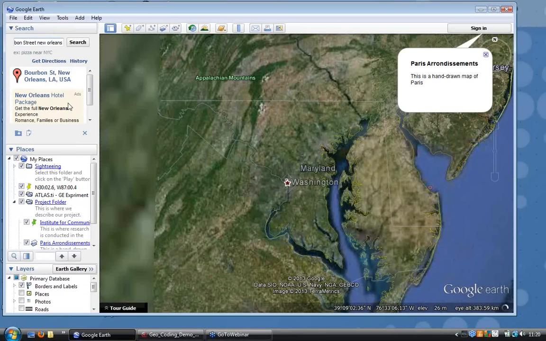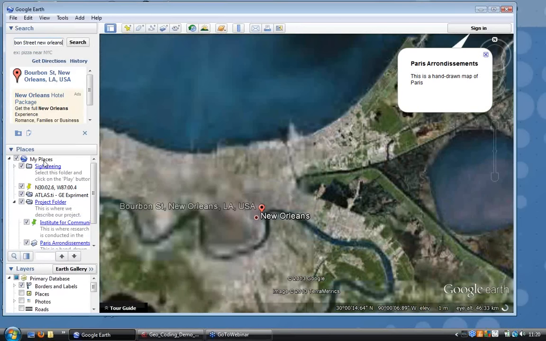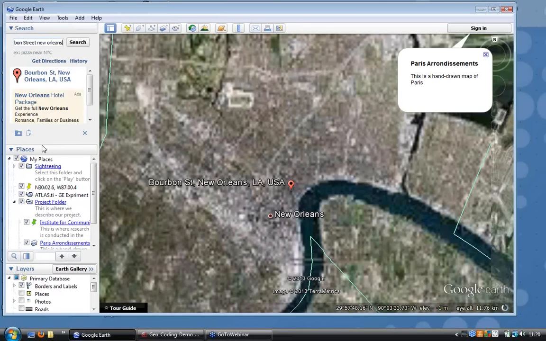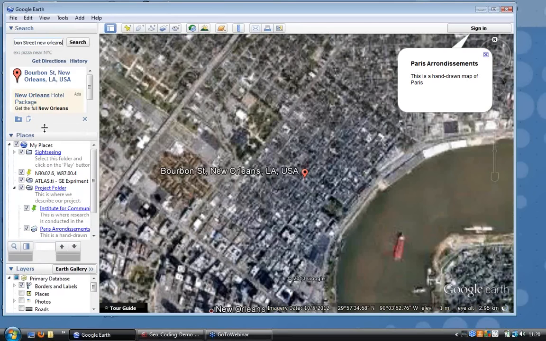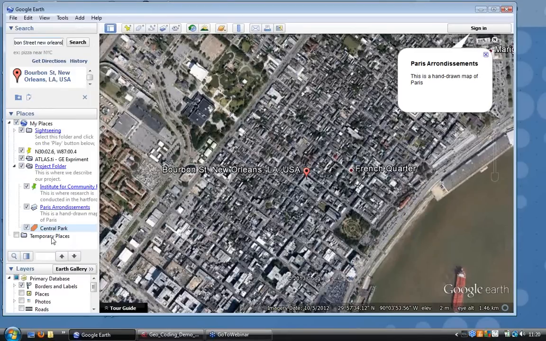And all of these things are being saved. In my case, they're being saved under My Places, but they might be saved under temporary places. So just make sure that you know where you're creating these place marks and other objects, and that before you close out of Google Earth, you bring them up into My Places rather than leaving them in temporary places, because you'll lose them there. Okay, so